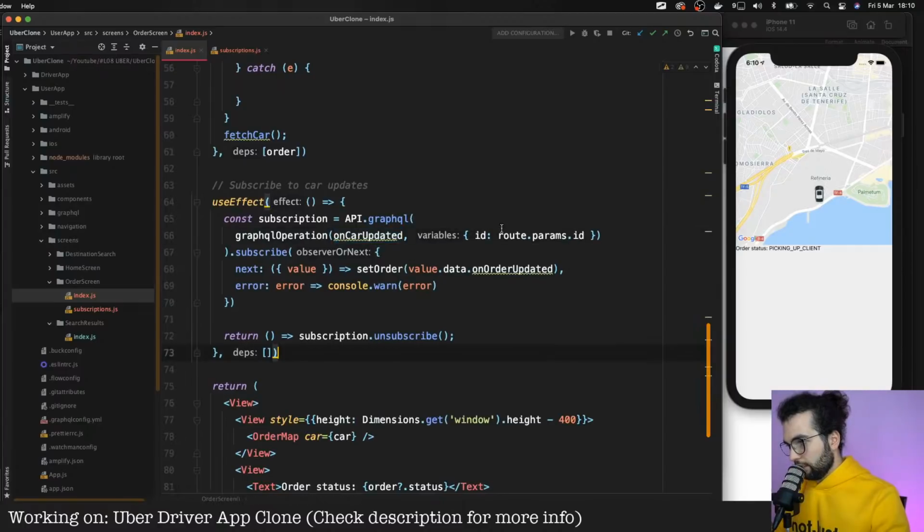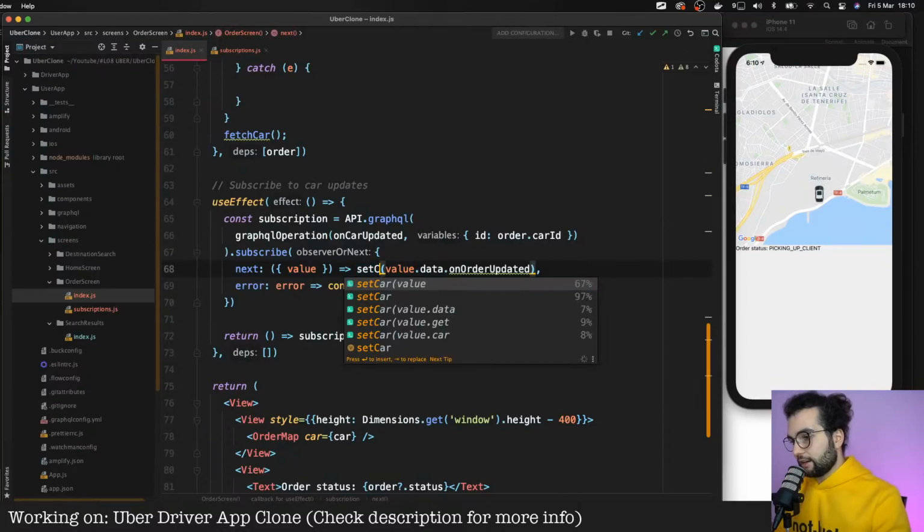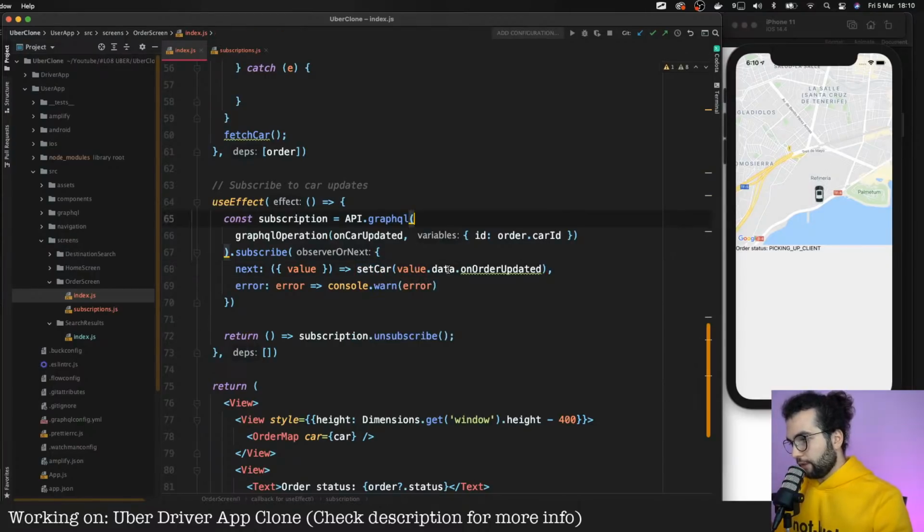On car updated, variables will be order dot car ID, and subscribe next value set car here with a value data on car updated.